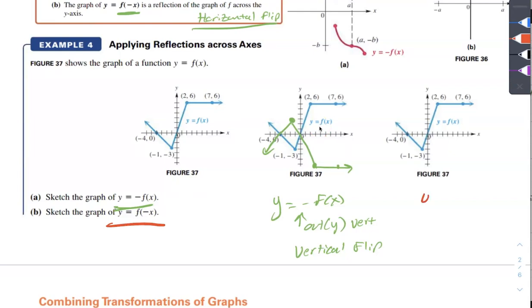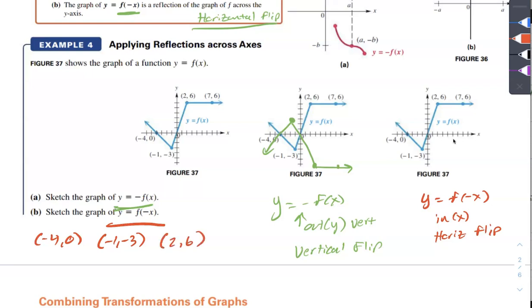It's on the inside. So inside is the x values, and that's horizontal. So this is a horizontal flip. Or if you want, you can think about it as we're going to divide all our x values, remember inside opposite, by -1. So we're going to divide all our x values by -1. I'm going to do it this time because the thing looks a little nicer. So our points are these. Right? And again, since all I see here is we're dividing our x values by -1. So if we divide all these by -1, inside opposite,